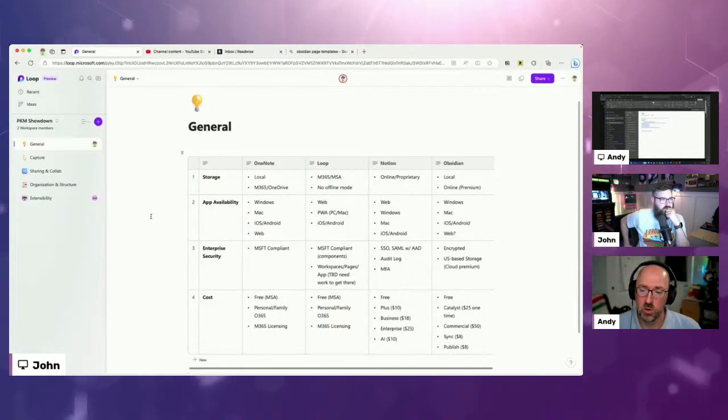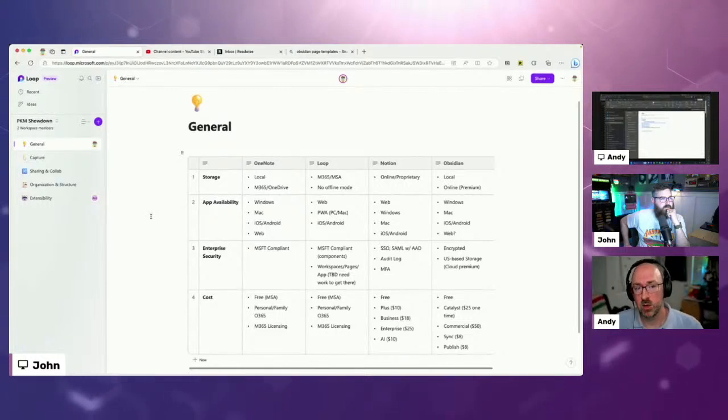We've had some deep conversations about Loop, and he's been on the forefront of a lot of the research on this. But the thing that makes sense to me now that workspaces are in Loop is that I can create a workspace where each page represents a process, a policy, a procedure. And then I can use the components to push that message out into a Word document where the colleague needs it, a whiteboard, and hopefully in the future, a SharePoint page, so that when the UI changes and I have to update that thing, I can push it out from the workspace to all the different places. It would be live and portable.